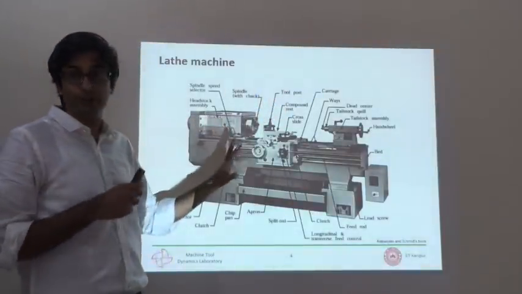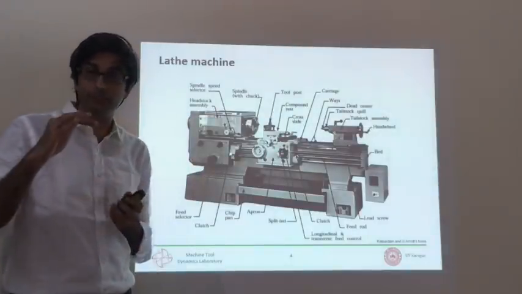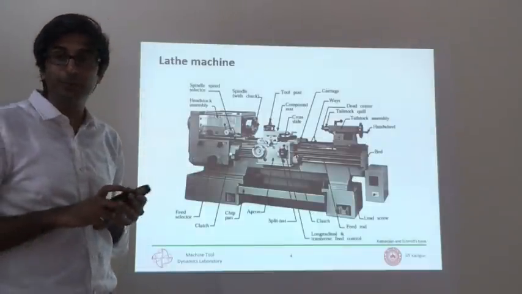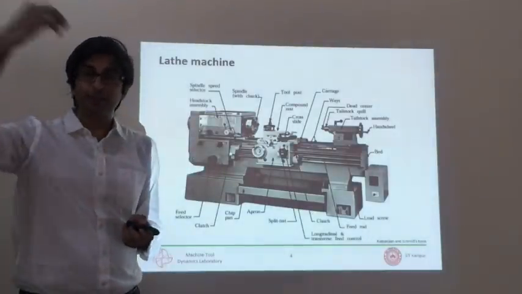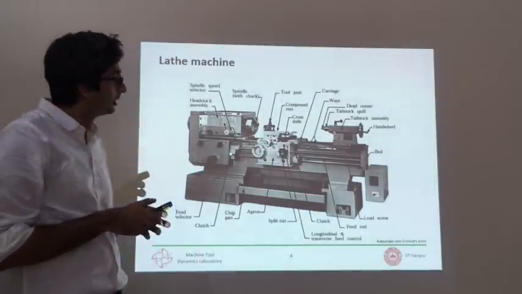There is no motion in the y direction for this machine. This is a very classic machine. There are machines which also allow you motion in the y-axis. This is not one such machine, because we don't even have such machines in our labs, so I thought of only introducing the classic machine.